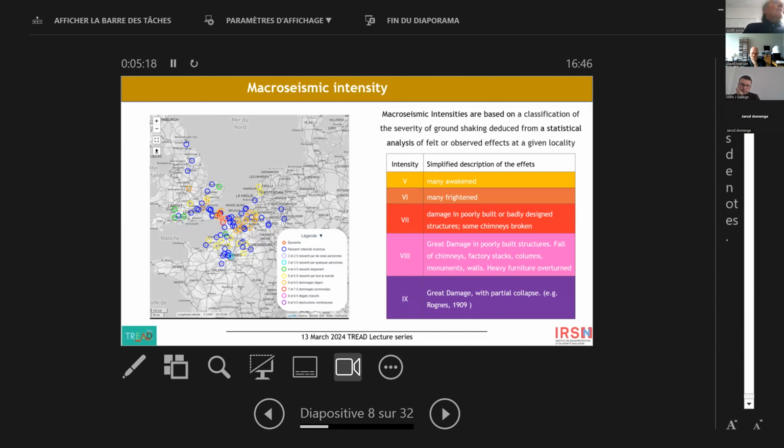whereby each circle represents the intensity that we could evaluate from the archives. Okay, so maybe you are familiar with intensities, but just as a reminder, macroseismic intensities are based on a classification of the severity of ground shaking deduced from a statistical analysis of felt or observed effects. And when we get up to the damage level, then we are about at intensity 7, in the red circles here. So here you see the epicenter of this event is actually somewhere between England and France, in the middle